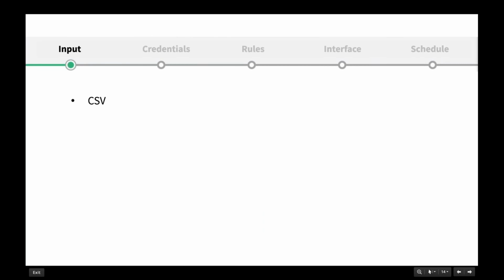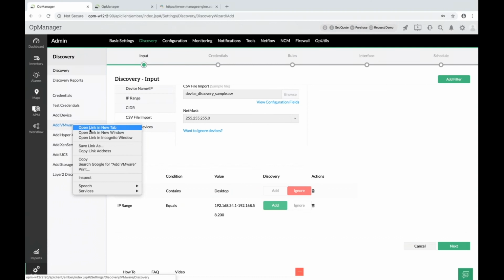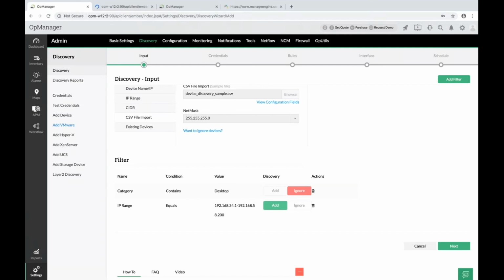Before that, let me jump back to the slide. And in the second building, we saw that it's completely a virtual environment. Let me quickly show you where you have an option to add the virtual devices separately. The CSV scan is not going to help you discover the virtual devices, because we communicate with the virtual devices through API, and you want all the virtual server related information, so you need to do a separate scan for the virtual devices. If you discover the virtual devices through CSV, then it's going to communicate only through protocols like SNMP and WMI. So if you want the relevant information, then you need to make sure that